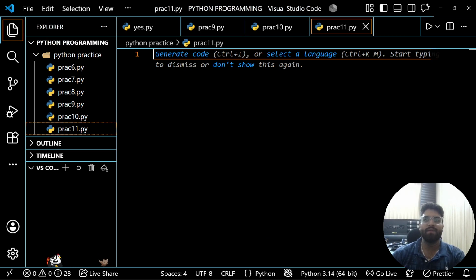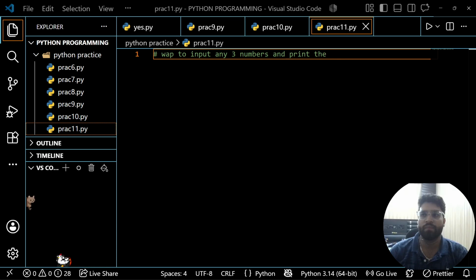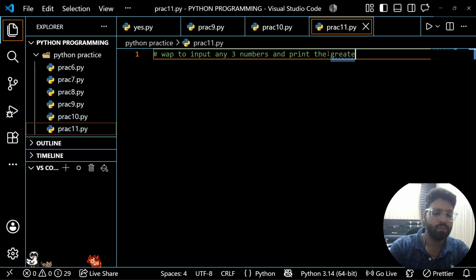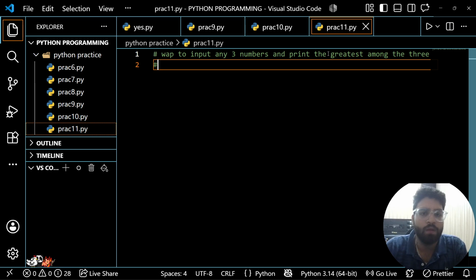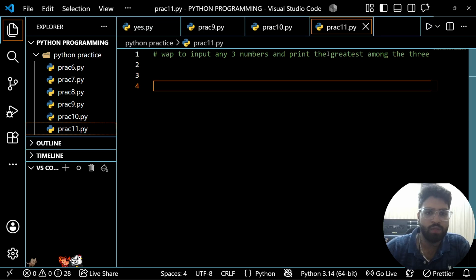So our next statement will be: write a program to input any three numbers and print the greatest among the three. Okay, so again 1 2 3,